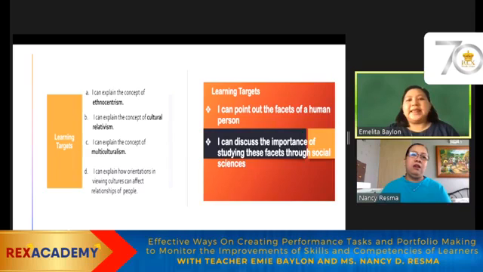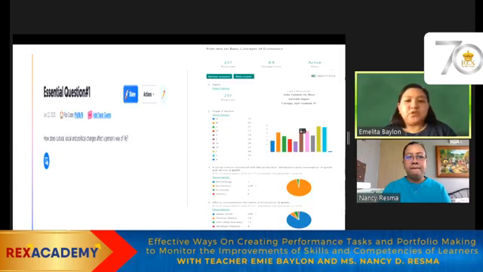I like that, Miss. So, given that context, Miss, what strategy do you do to ensure that the students are able to clearly understand the outputs you wish them to deliver in a summative or authentic assessment?